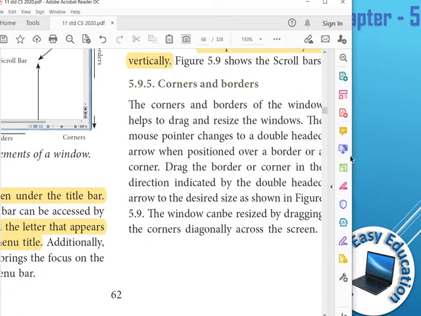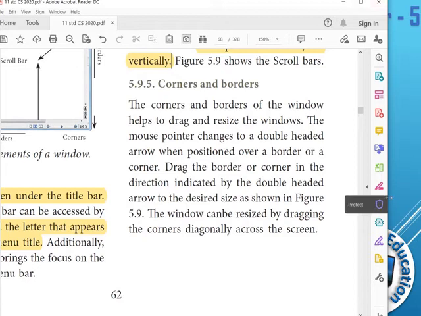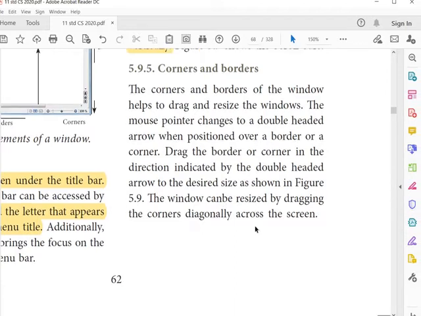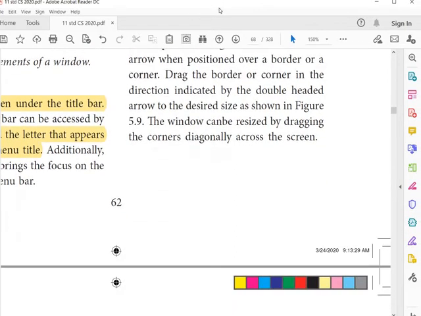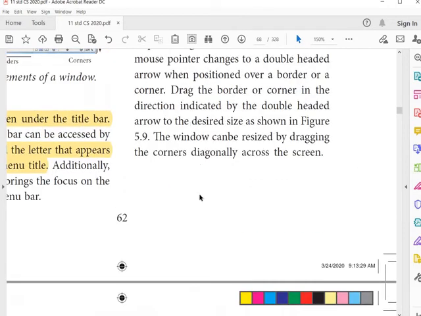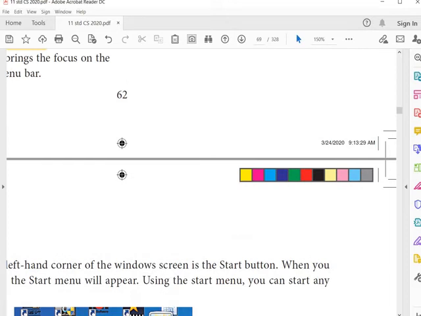So I can easily drag a window. So this is said to be corners and borders. So using that, we can easily resize our window.